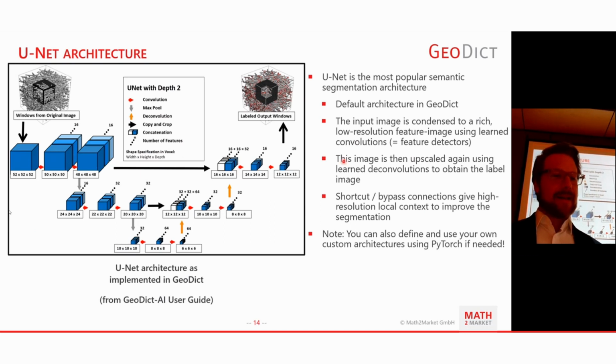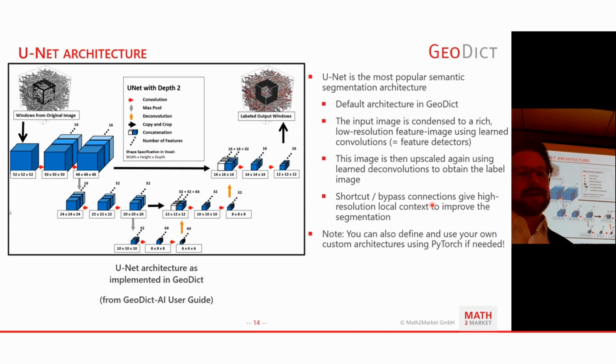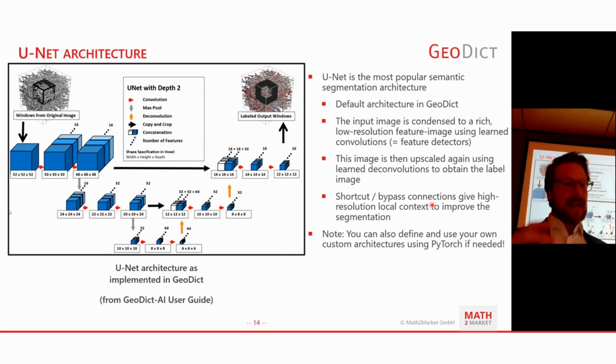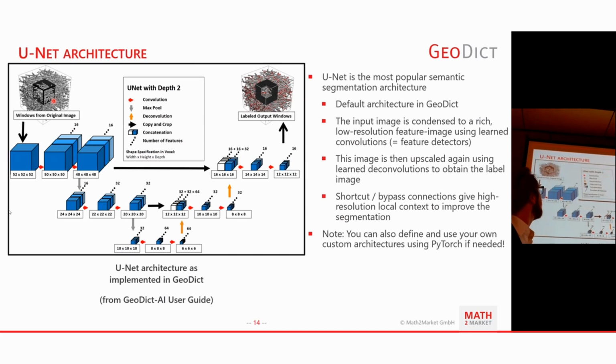And this model takes a 3D image of a fixed resolution. I'm going to talk about that on the next slide. It outputs an image of a smaller, also fixed resolution, fixed for a certain configuration of the network, which stays fixed during the whole process. So what this basically does is use convolution to reduce the input image in spatial resolution, but another dimension, a feature dimension, is added, which contains a rich representation of the image content. And this is what happens on the way down the network here.